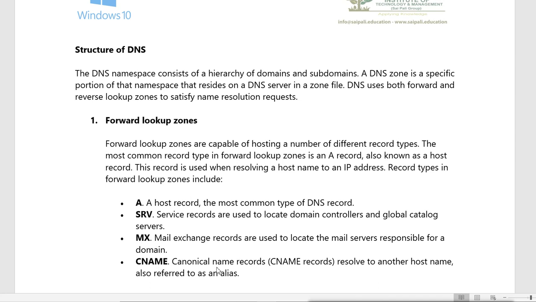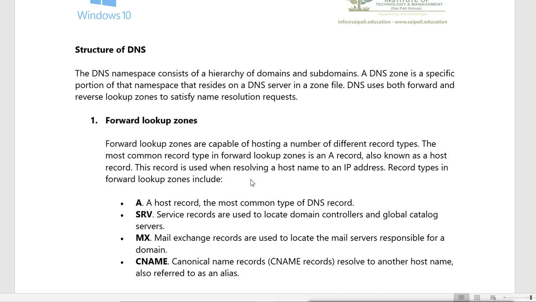You know, when you access any site, you will give www.google.com. So www is mostly the alias for that server. The real name of the server is different, and you are accessing with www. www is mostly the alias. It is CNAME, which is stored in the forward zone of the DNS. So forward zone basically has a record which resolves the name to IP.